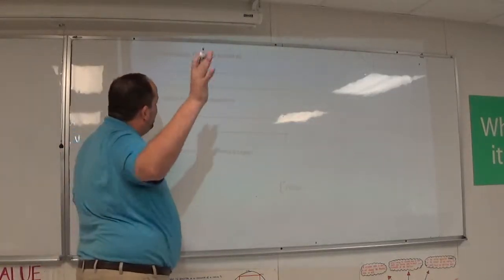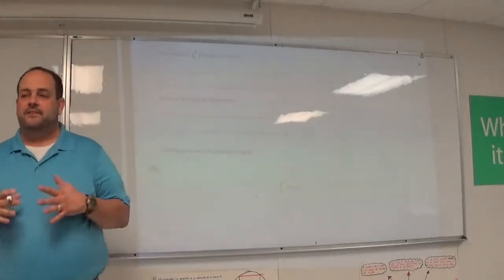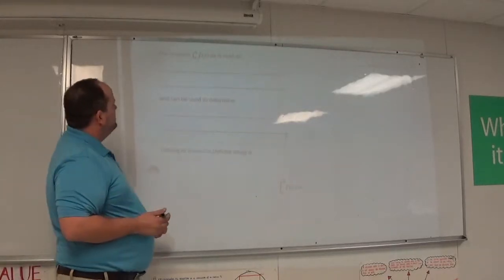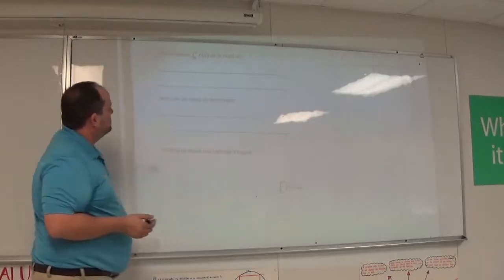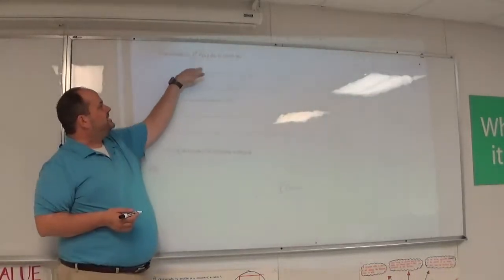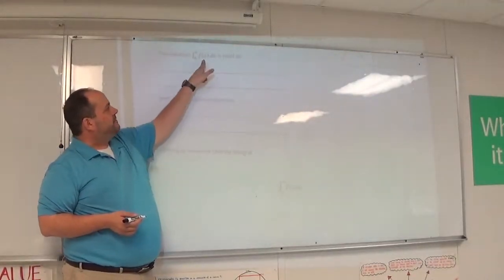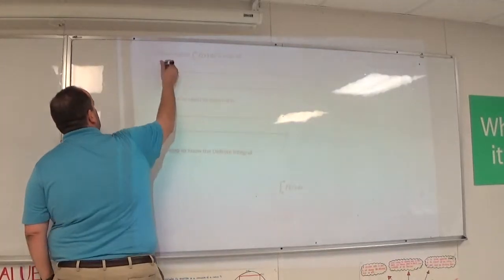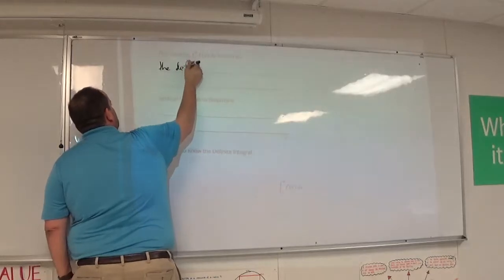Okay, so in this unit, the topic is called the definite integral. We've never talked about the definite integral. Today is going to be very notation-focused, easy, ground level. So I'm on page 7. Here's the new notation. This fancy S with the little a and the little b and the f of x and the dx. First of all, you need to know how we read this. This is going to be read as the definite integral